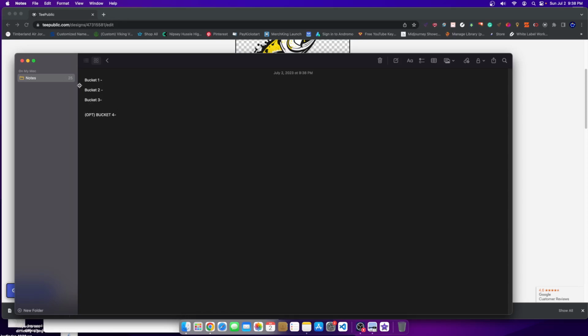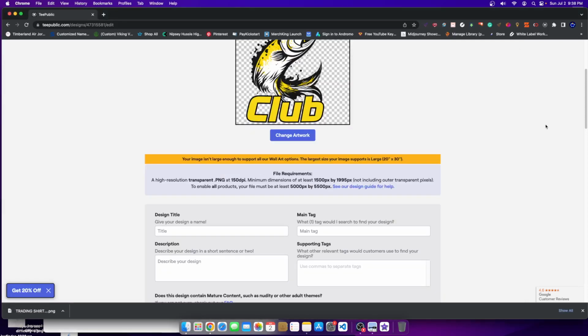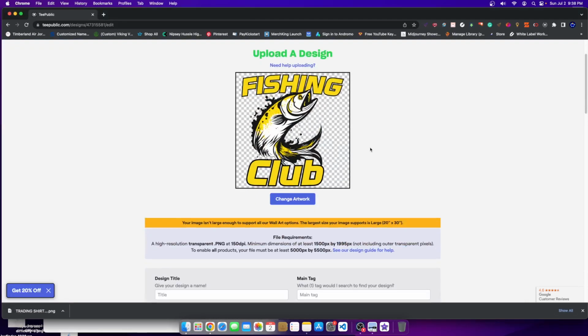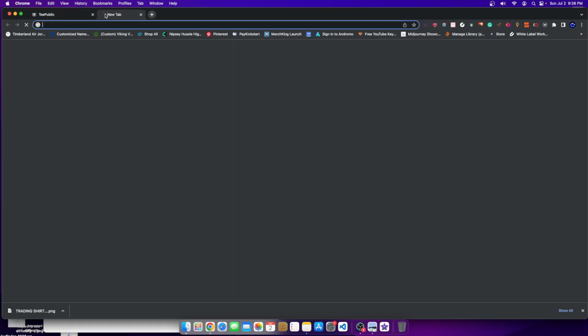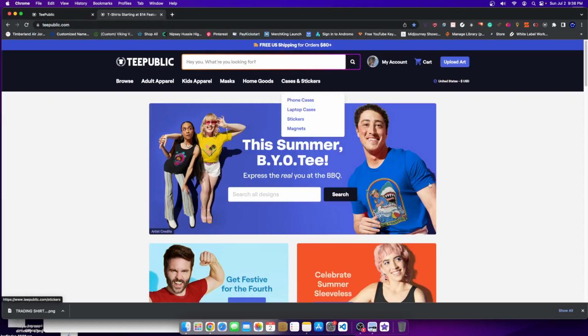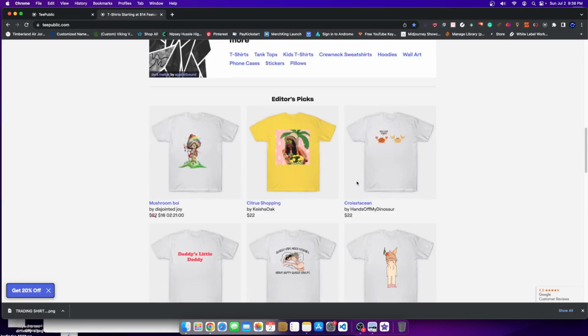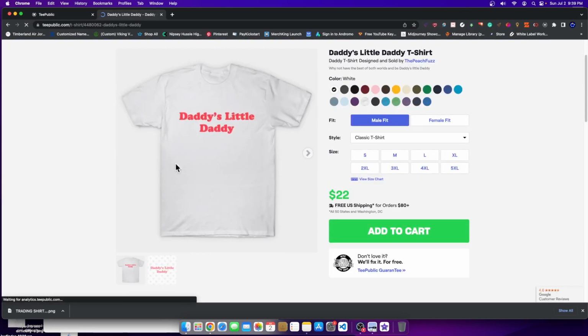And if you guys are not familiar with this tagging strategy, this is what I call the bucket system, where the best way to get your keywords to be seen in the TeePublic algorithm, and actually let me go ahead and show you guys this since I am making a video on it. When you have a design, let's just go ahead and click on one of these, right? So this design here,